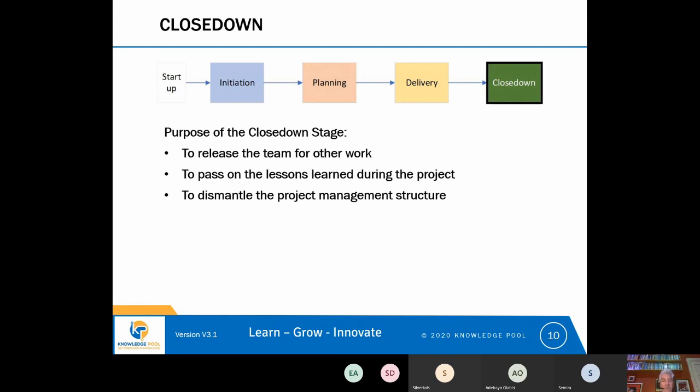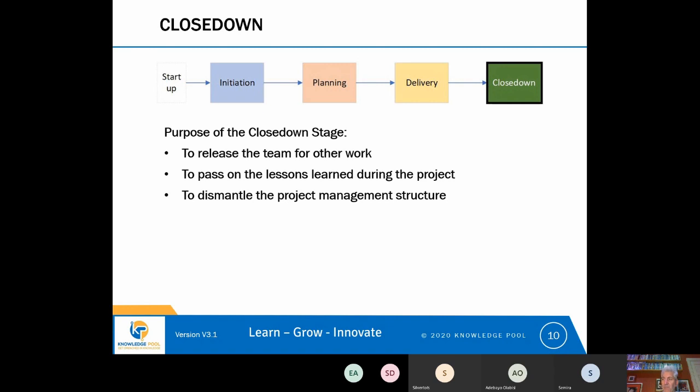So we release the project team, this valuable project team, to do other work, we pass on the lessons that were learned during the project, and we dismantle the project management structure. So the project manager goes back to the pool of project managers to await his assignment to a new project. The steering group meetings are ended and the sponsor no longer has to worry about the project because it's closed down. But it's quite important that we close down the project correctly so that we're clear